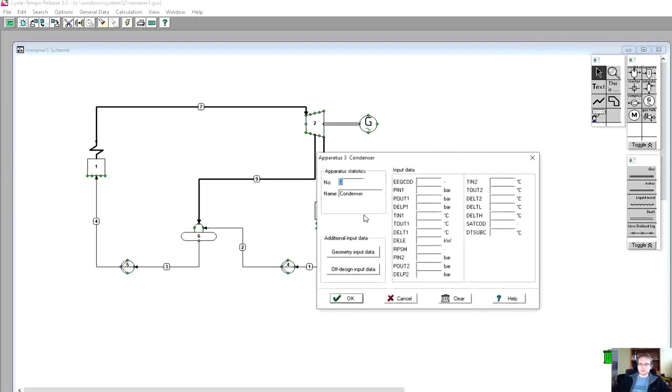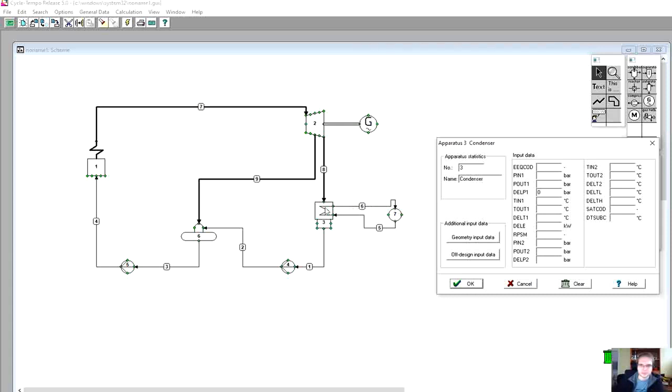Now moving on to the condenser, so we will need to set pressure differences across the condenser. Let's use zeros for both delta P1, which is on the cooling water side, and delta P2 on the condensing vapor side. We can specify directly pressure of our condensation, so let's put it here, 0.04, and